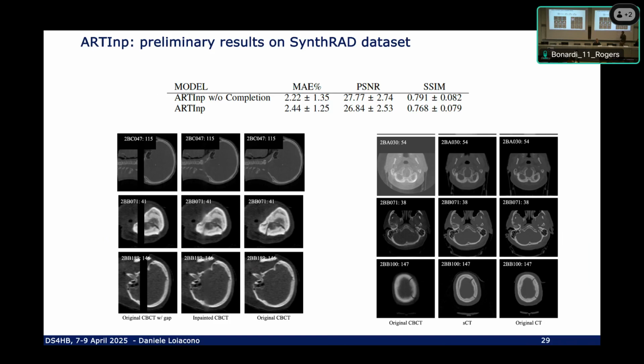The percentage absolute error is above 2%. In order to have a safe clinical use, we want to achieve a performance that is just below 2%. But the promising part is that the amount of error introduced by the completion is not as extensive, and so we are working with more advanced models to try to improve this result even more and make this clinically usable. And the last